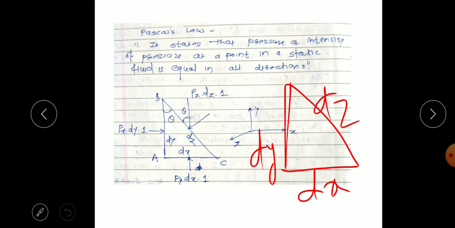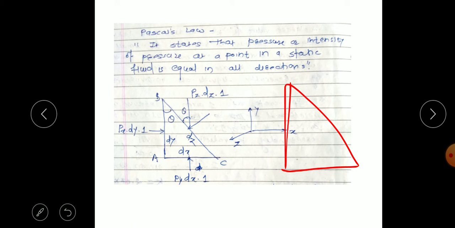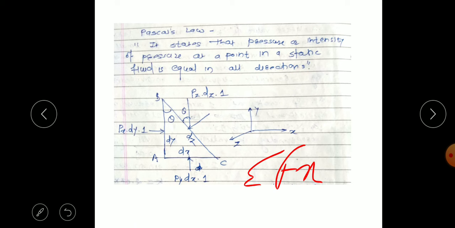So again we have considered the angle is theta. Same by this, if you draw the perpendicular to the z direction, here also the angle will be theta. So we have considered this wedge shape. Now we have to resolve the forces, as in mechanics, along the x direction, that is summation of Fx is equal to 0, and then resolving the forces along the y direction, summation of